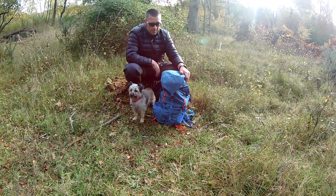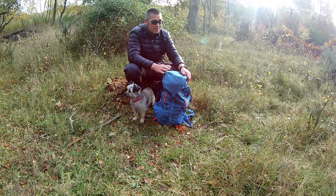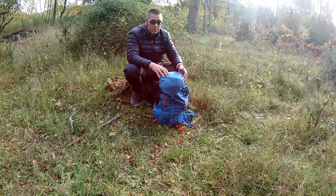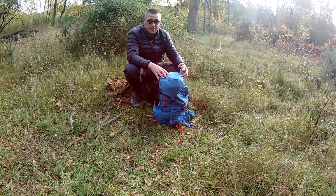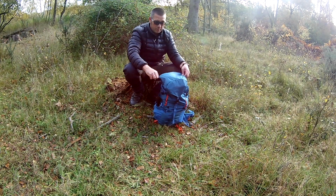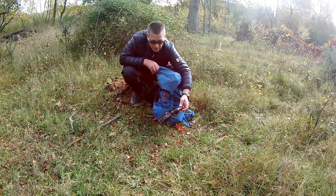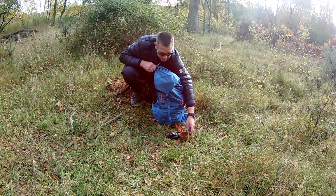Just to show you what I carry in my day pack. Obviously it does change depending on what the weather is, but this is generally what I carry in my day pack. This is a 38 litre Alt Kit Ledge. I must say it's a pretty good bag just as a day bag. Can be a bit big, but yeah, I just carry it as it is really. Top part of the bag. So in here I just carry my Mora knife, which has a fire steel, my cookset,